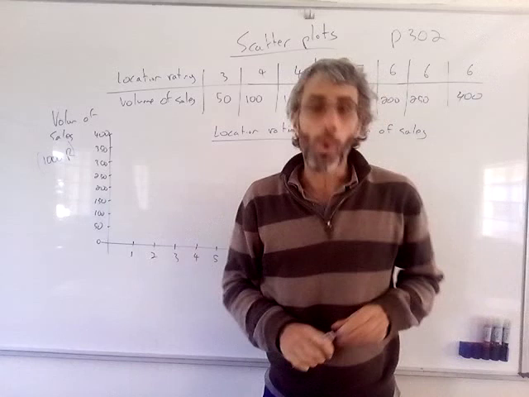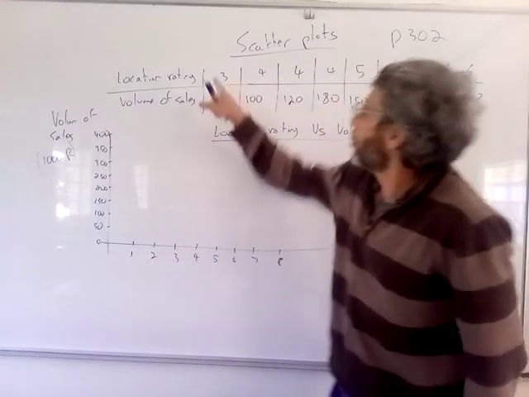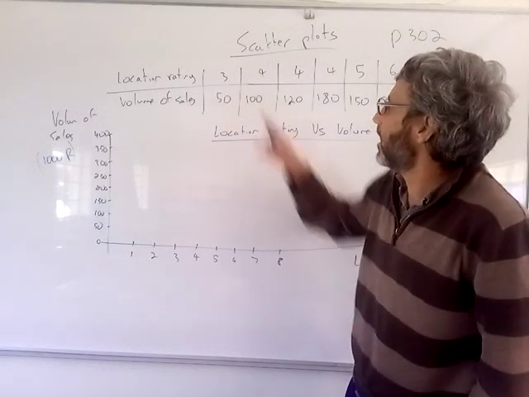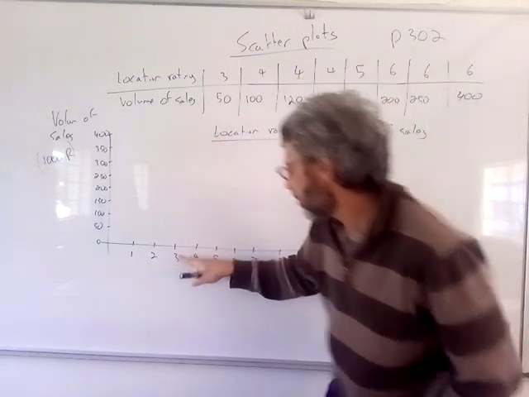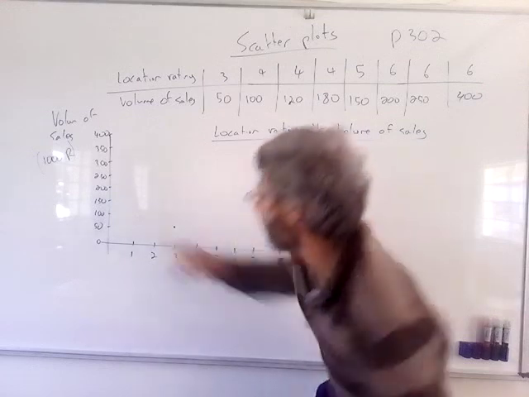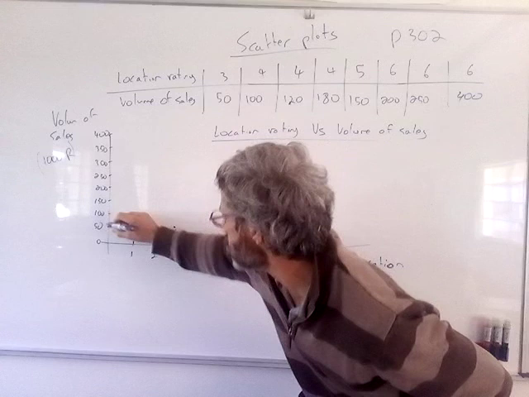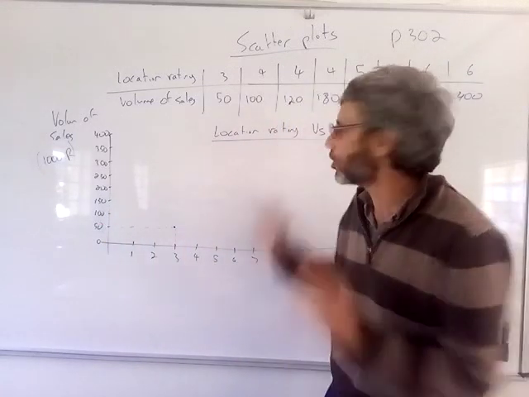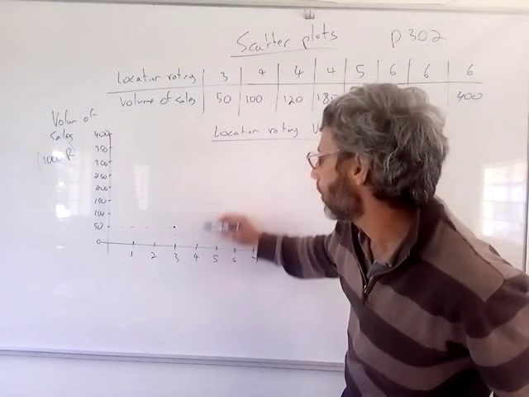Okay, now what do we do now? Now we plot, just like we do in science. So we look at this little pair. We're looking at a pair of data. Location rating is 3, volume of sales 50. So location rating 3, and I'm going to put a little dot here. Can you see? I'm going to just draw these little lines here. You don't need to draw these lines, it's just to show you that it's like that. I'm not going to do it with the rest. Then you've got 4. When the location rating is 4,